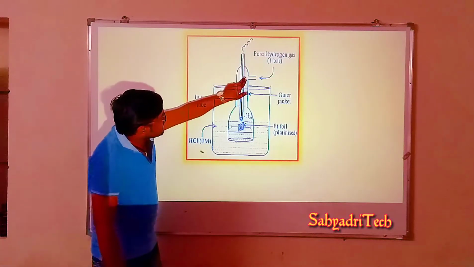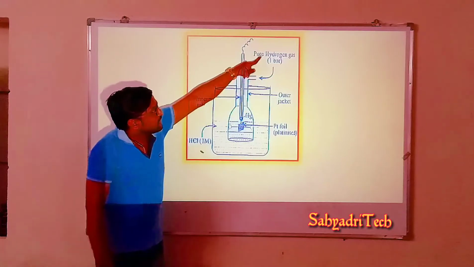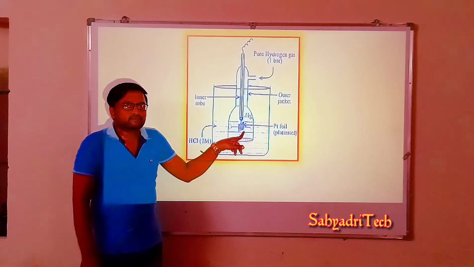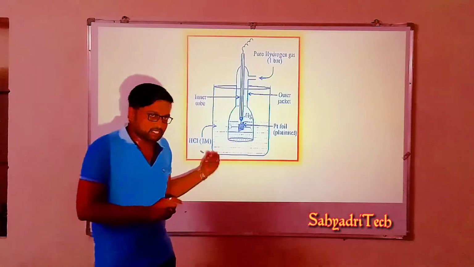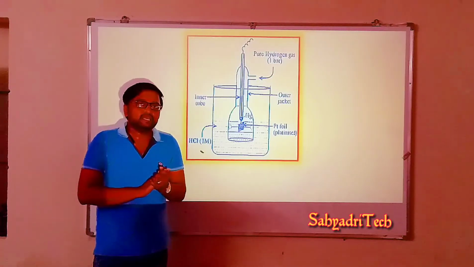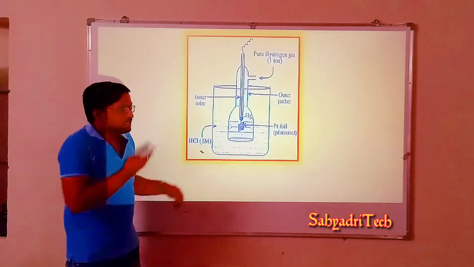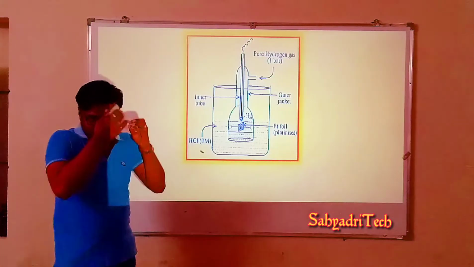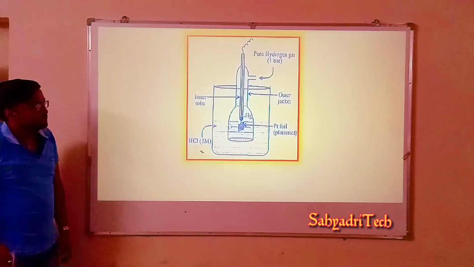So when we pass hydrogen gas at 1 bar pressure, what happens? That platinum foil comes in contact with the hydrogen gas, H2 molecules, as well as H+ ions of a solution. So on the platinum surface, two species, one is H+ ions of a solution and hydrogen molecules, both attain an equilibrium, and they are going to generate a potential, and that potential developed on the platinum surface is arbitrarily taken as 0 volt. Okay, so it's regarding construction of SHE, the standard hydrogen electrode.